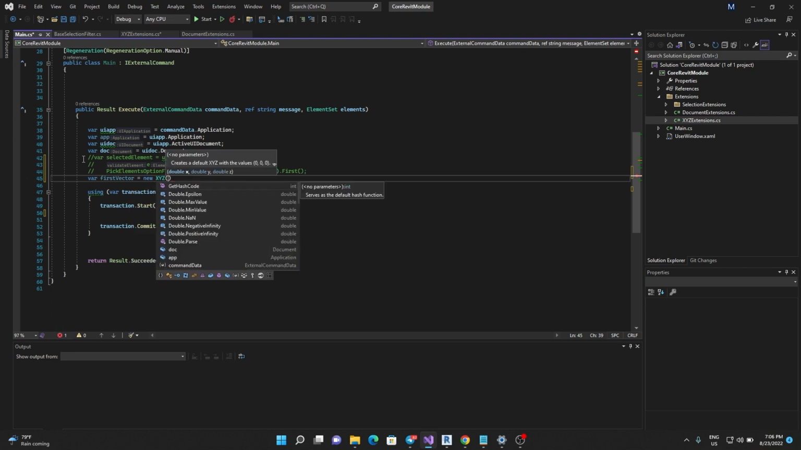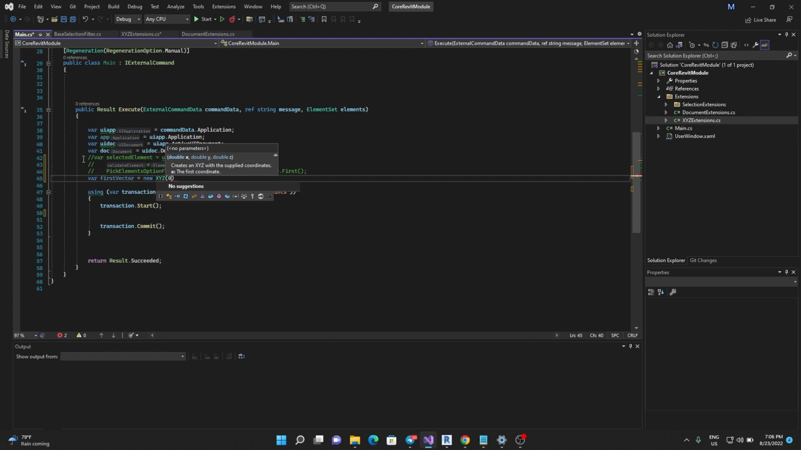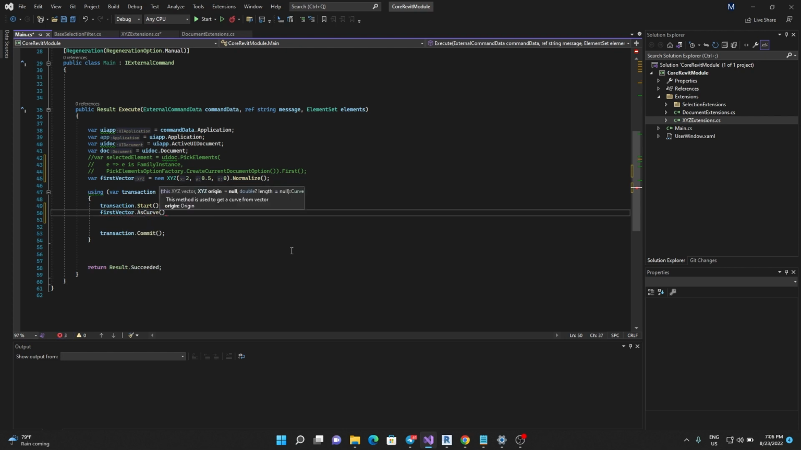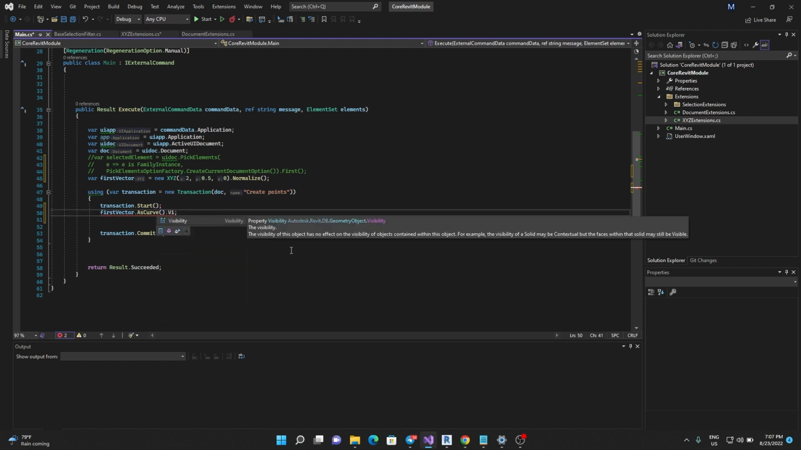Let's have, on the X, 0. Or let's go with 2 on the X, 0.5 on the Y, 0 on Z, and normalize it. So let's have something like that. And now I want to visualize it. So I'm going to go first vector, visualize, or let's go with the S curve actually. I want to go like this, and let's visualize curve. Oh, as you can see, we don't have an extension method for visualizing